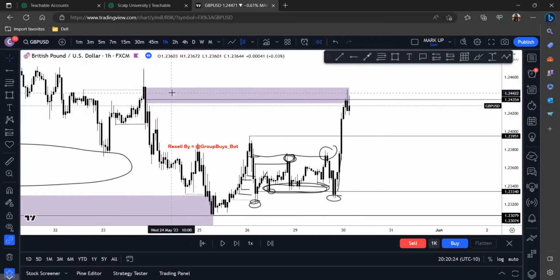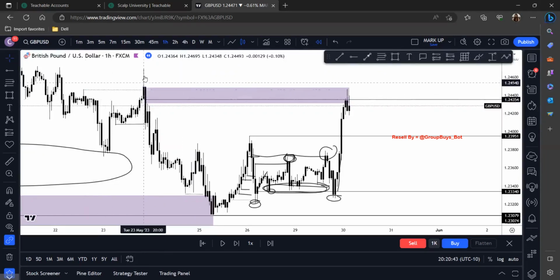So whatever works best for you, but for the sake of this, let's draw a rectangle, because everybody has different entries and ways of perceiving a POI. If this is better for you because it's a bigger area, then it's fine. Same thing right here. What happened? We cleared liquidity here, we created a high, we also broke structure here, and price came back down.